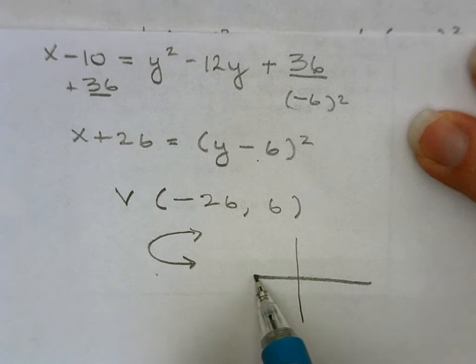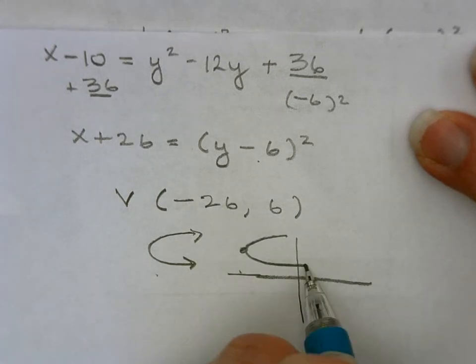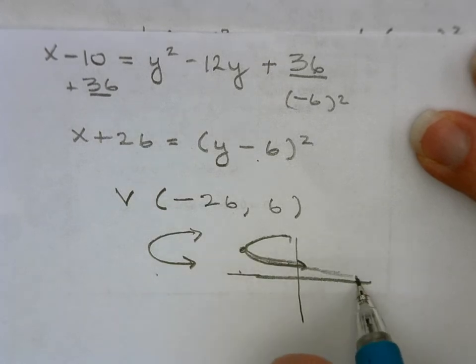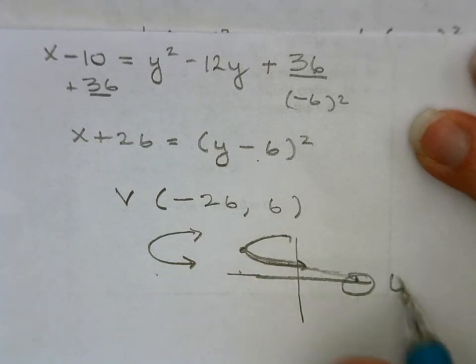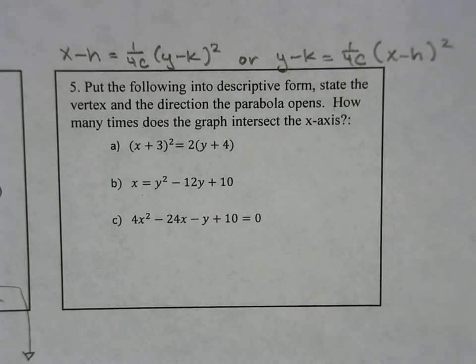So left 26, wherever that is over here, and then up 6. And then it's going to point to the right. And eventually this is going to drop down, right, and cross somewhere and hit the x-axis once. So this will cross one time. Okay. All right, and then for 5C,